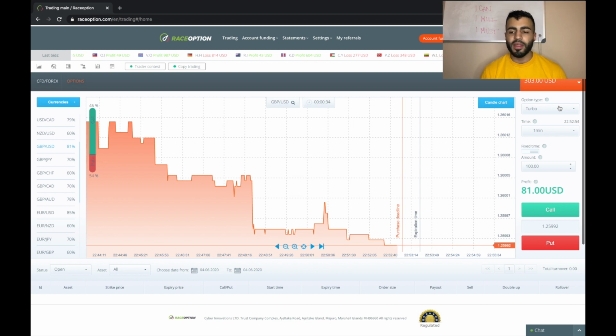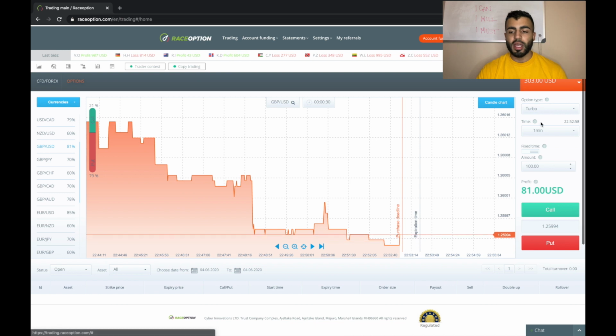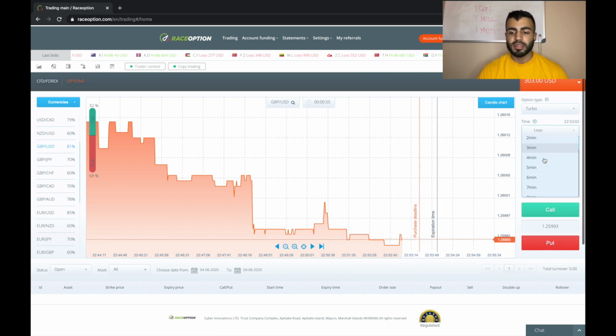And so what we mean by that is that you can take, right, a turbo trade. Okay, a turbo trade means a minute trade, a specific amount of minutes, where you can hold a trade for 1 minute, 2 minutes, 3 minutes, all the way up to 30 minutes. It's based on whether you believe the market is going to be above a certain price or below a certain price. So let's say, for example, I want to take a 1 minute trade,